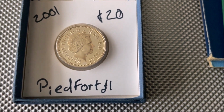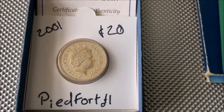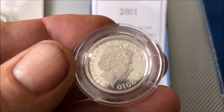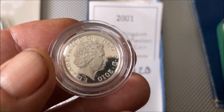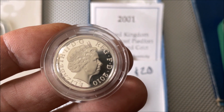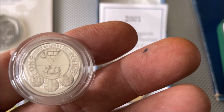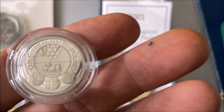Here's something else we just bought. This is a Piedfort, yeah, 20 quid, 2001 pound. It's a double thickness coin, and we got a 2010 there, but it hasn't got the sealed certificate of authenticity. I can't say authenticity, but yeah, it is what it is. This is the Belfast one, pretty rare. They did 4 of them. Anyway,